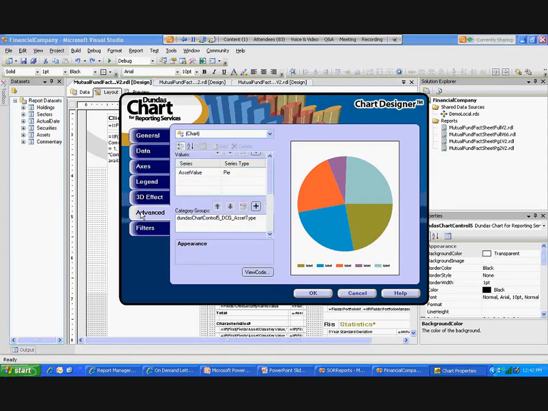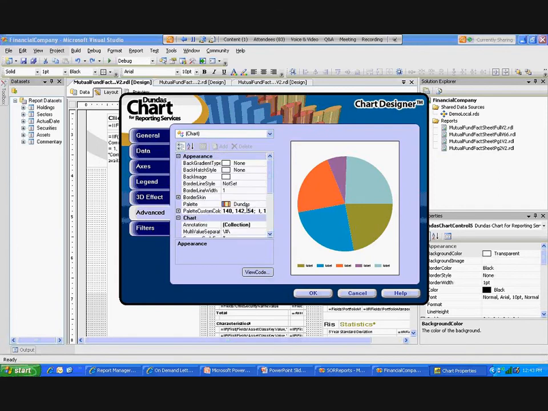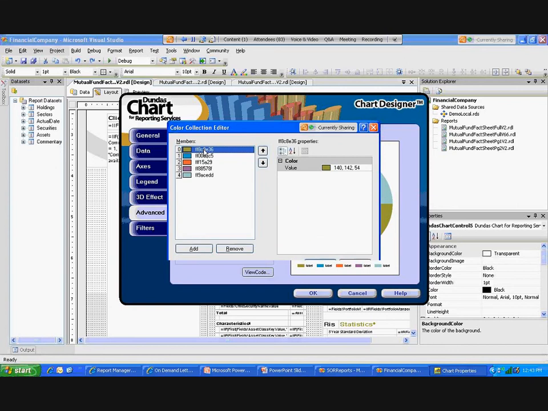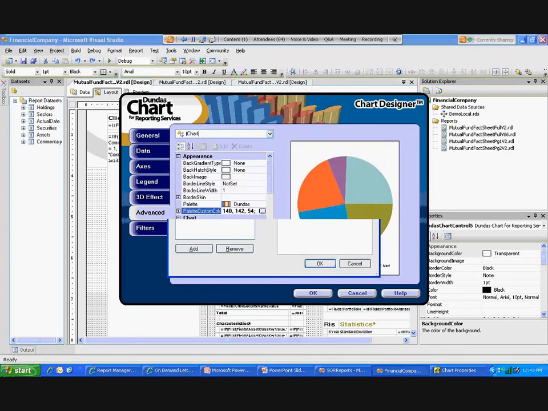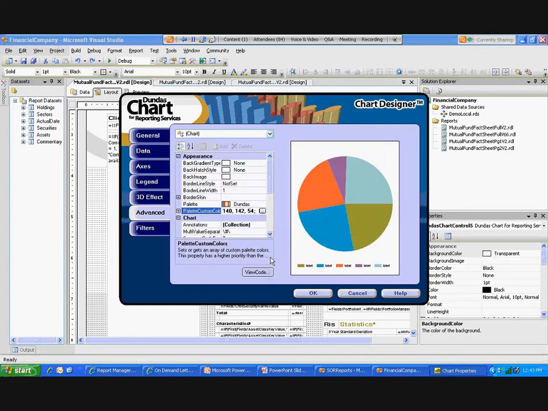It was when I got to this Advanced tab that it really just blew me away. Here is where I've said, okay, this is the color associated with the biggest segment, then this one, then this one, then this one, then this one, and I stopped at that level for this demo. But not only that, you can go in and look at all these different parts of the chart. It's absolutely incredible the detail that you can do